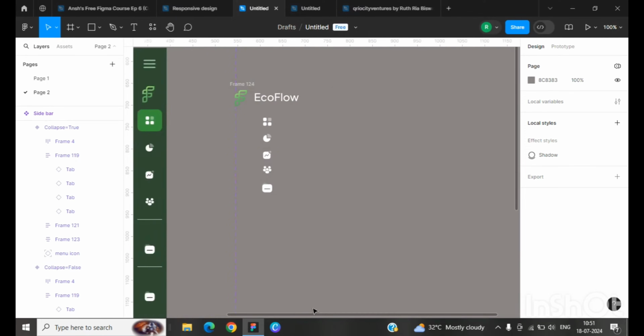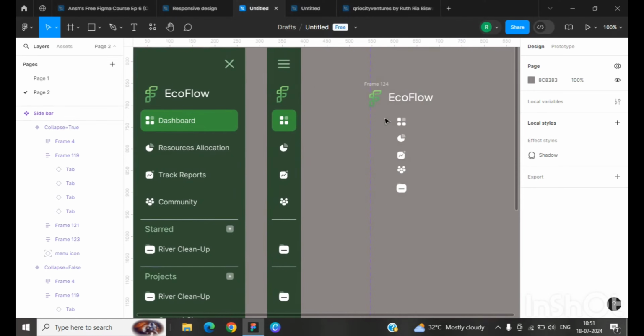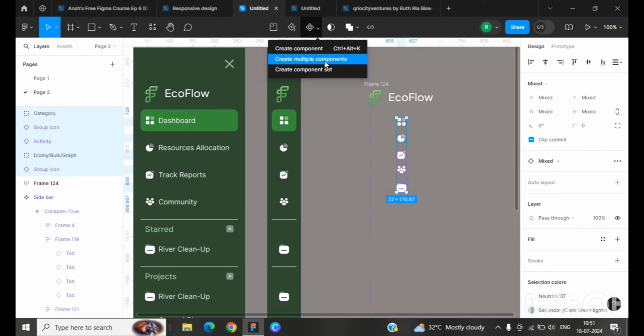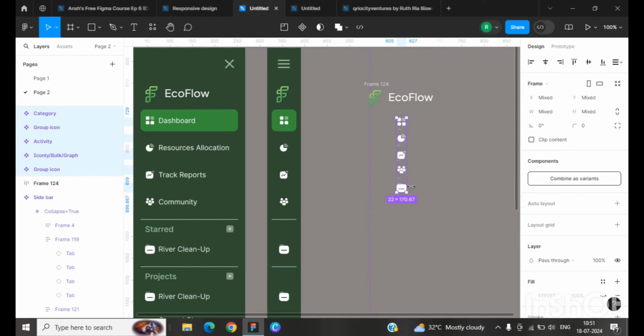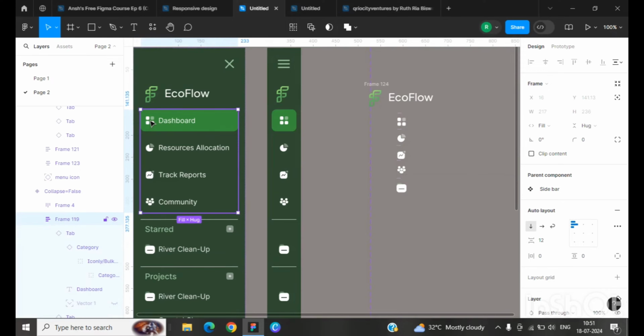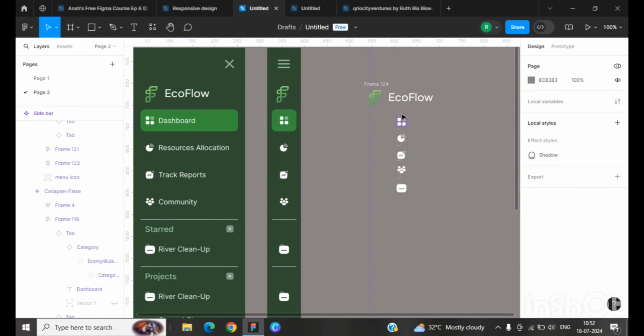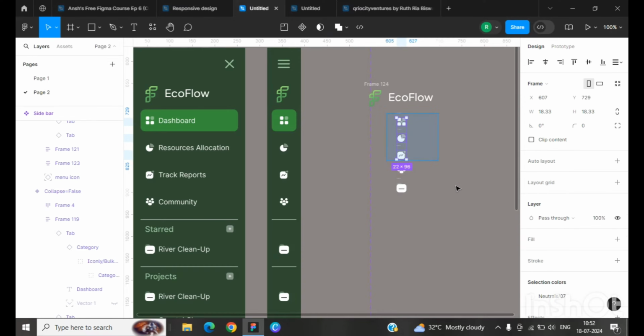Now our first step will be to make these icons multiple components. So create multiple components. Now what happens, whenever you add in an instance, you can change it easily with the help of these components. So each and every icon should be a component. Okay,